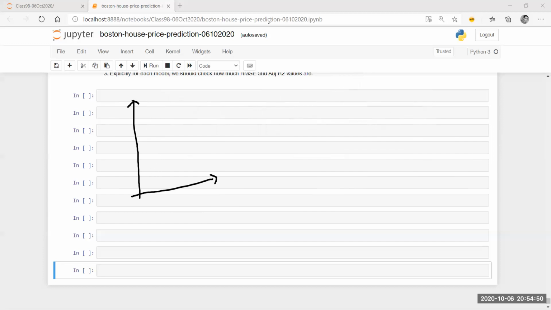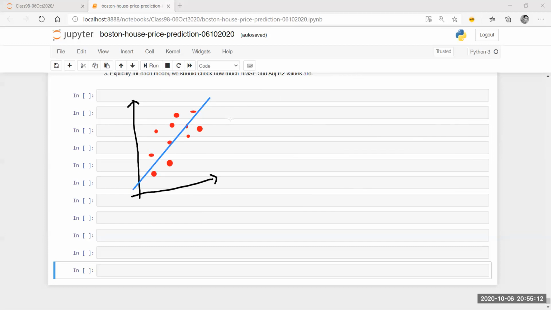But the most easy and efficient method is, let's take all the points. Okay, let's take the points like this. These are my, let's say, the data points which are in the training set. Now I'm going to draw the fitted line. Okay, so this is my model, let's say.